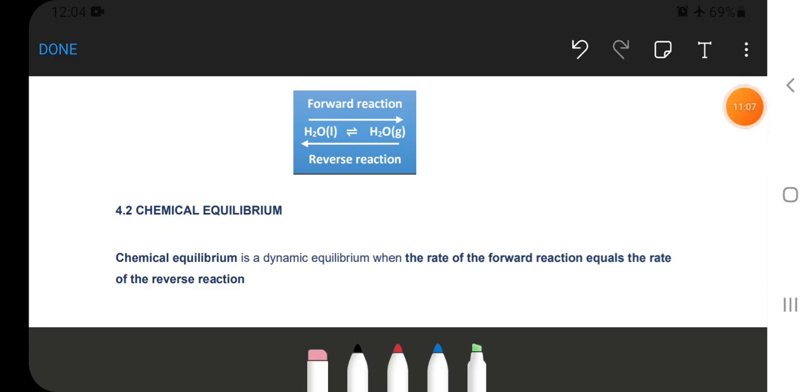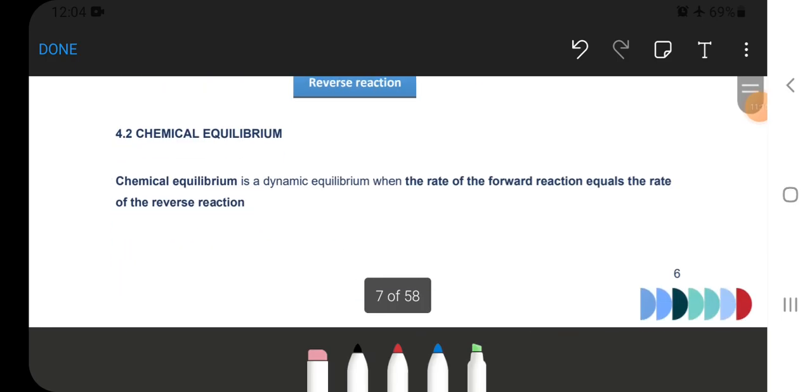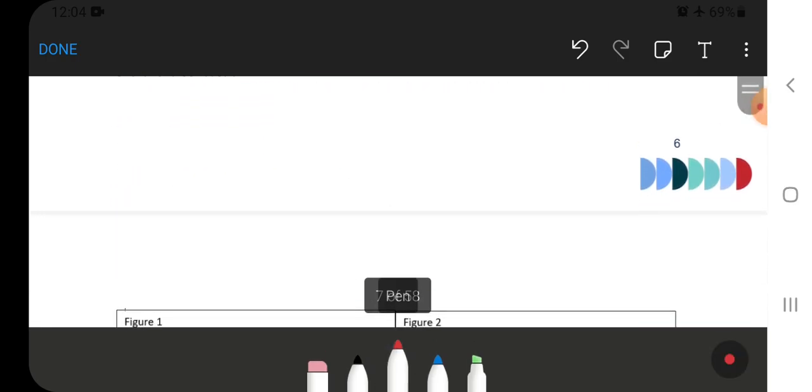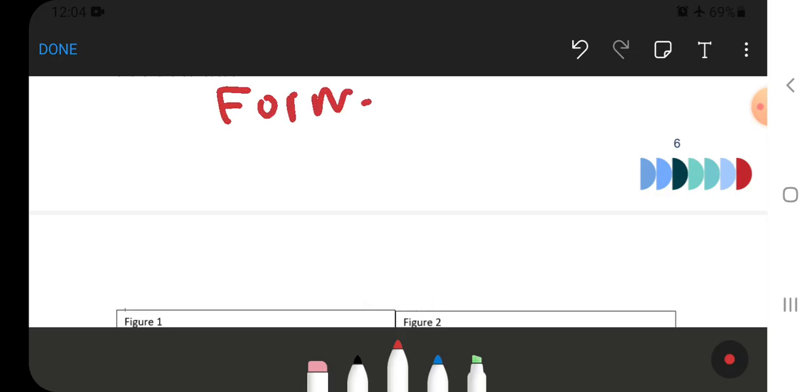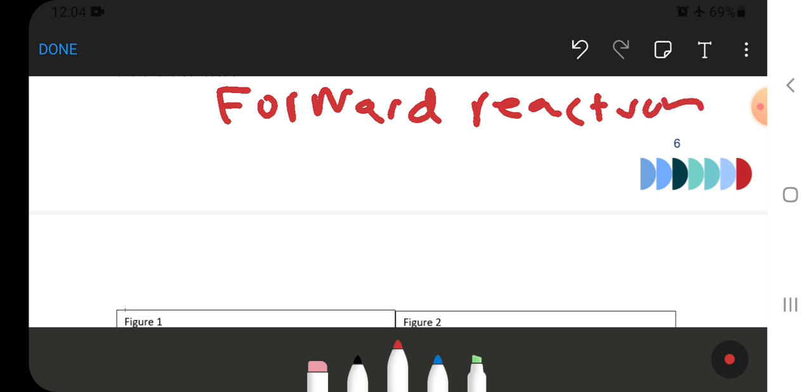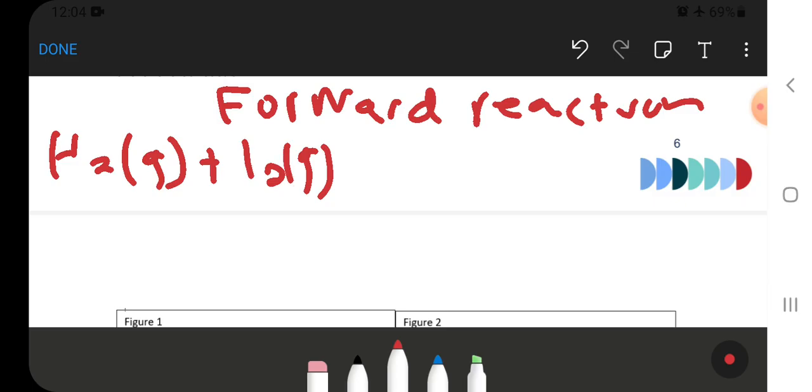And then we can just take a small example. Let's say for this example we will say this is the forward reaction. That's where we'll say the H2 is a gas plus L2 is also a gas. When we do a forward, we turn this product into a reaction. We have